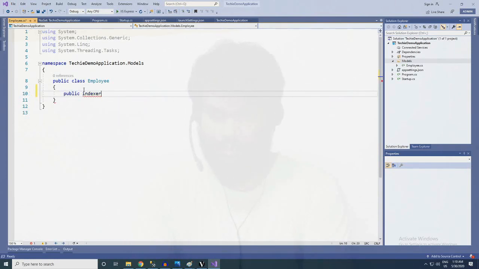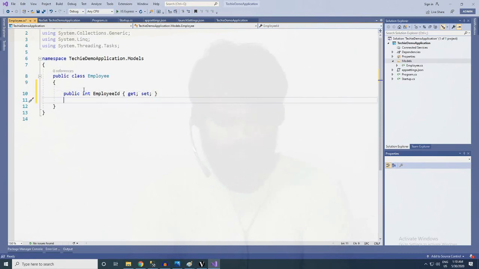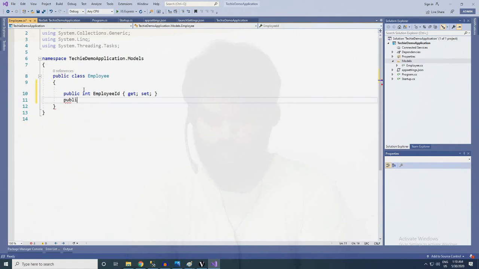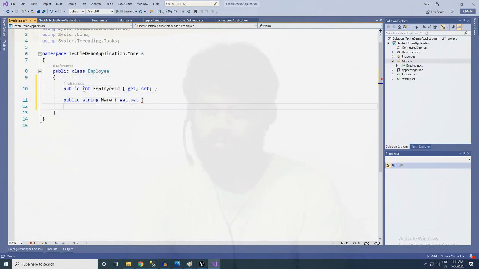Public int employee ID, get or set is important for this, and second column name, public string name, get set is important. I think I forgot semicolon.